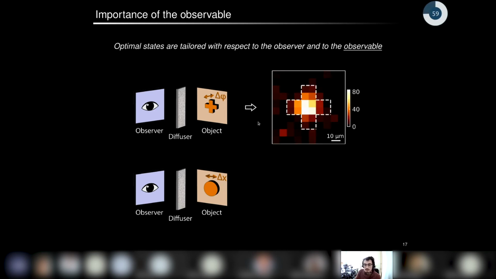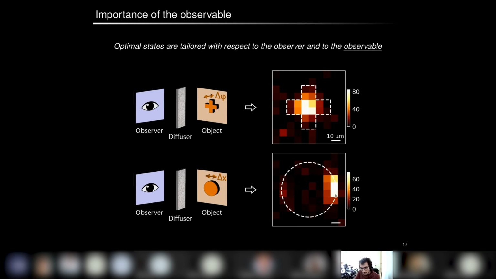So we found a way to derive an approximation of the intensity in the object plane. And this is what we obtain for the maximal information state. So it tends to focus in the center of the cross. And when here we optimize for the X position, what we see is that the wave tends to focus, but not in the center of the object, because it does not contain any information about the X position, but rather it tends to focus onto the edge of the object. So it really shows that it adapts really to the parameters that you're trying to estimate.